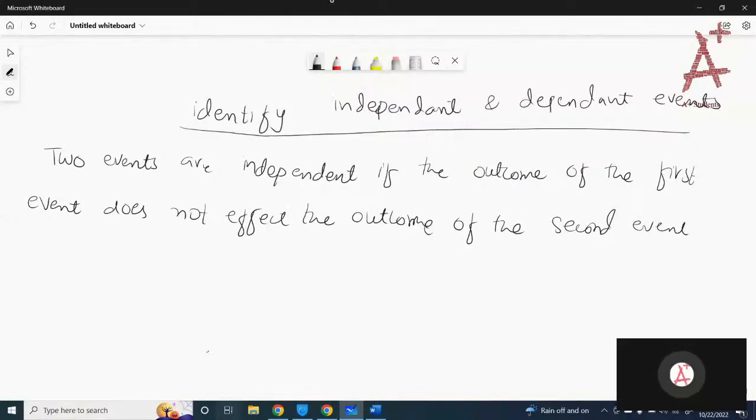That means the events are independent because the outcome of the first does not affect the outcome of the second one. Got it? And then dependent,